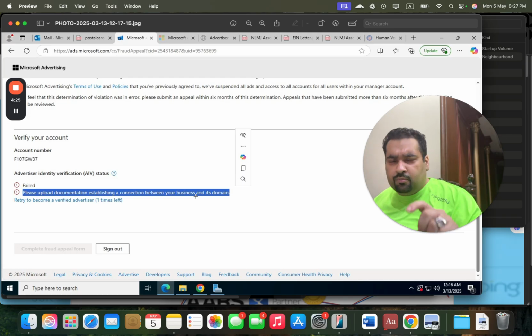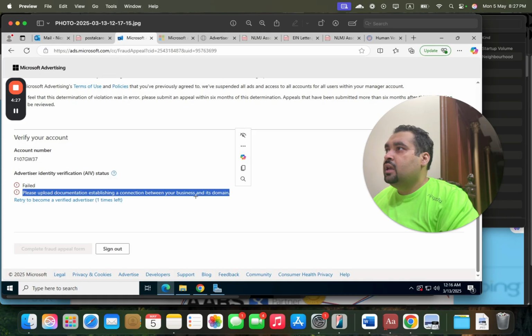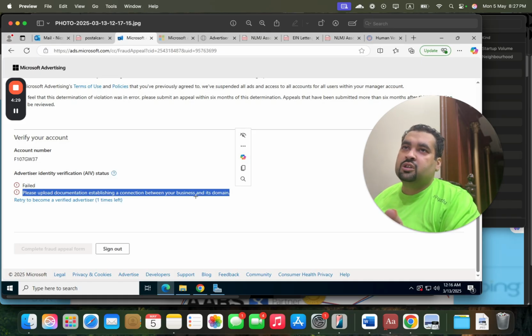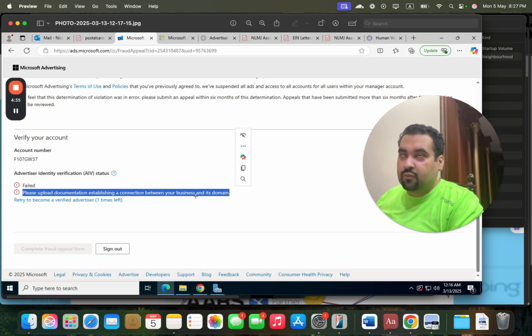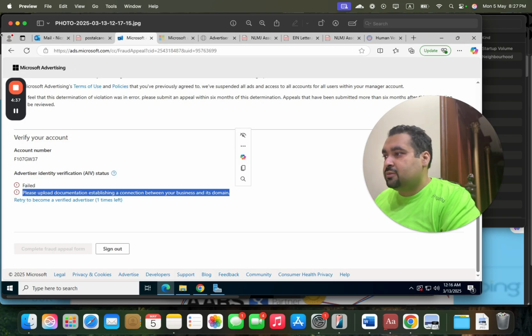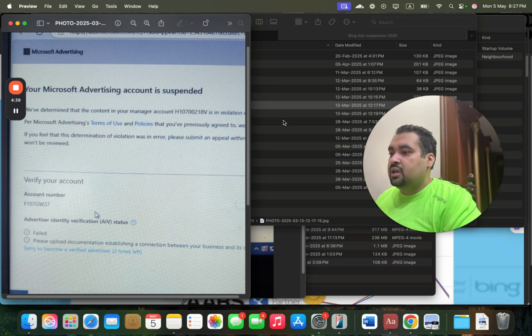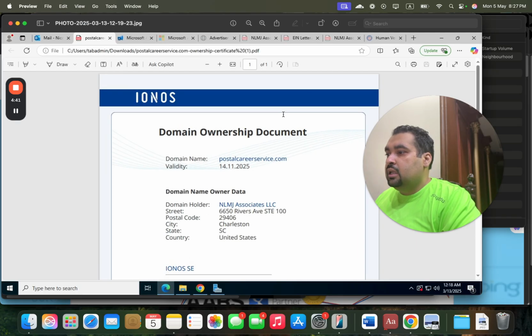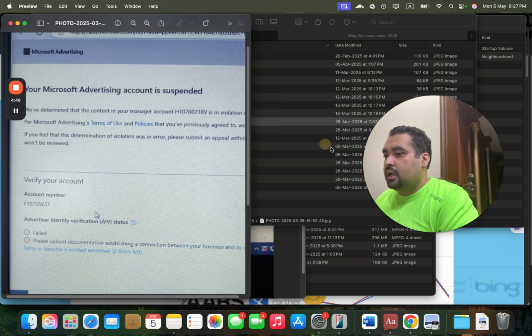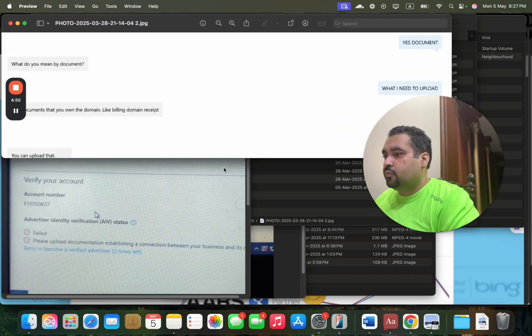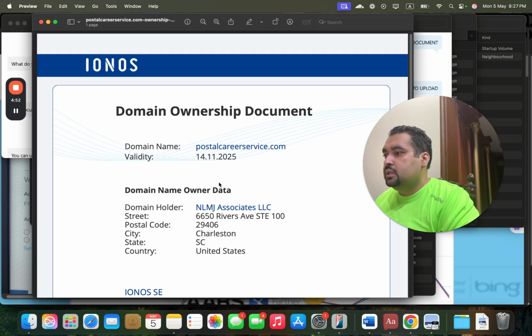We also did minor modifications on the refund policy page and privacy policy page. Also, we aligned the email address on all of our social media channels. We also did a thorough checkout system check, as I told you before. And apart from multiple communications with the Bing team, this is one of the domain ownership documents which we provided. And over here you can see another document as well.